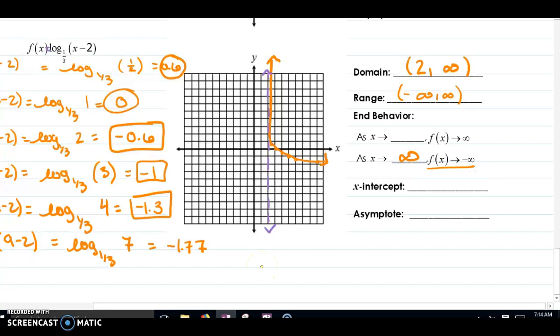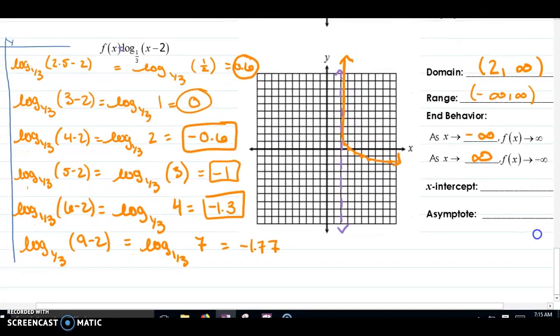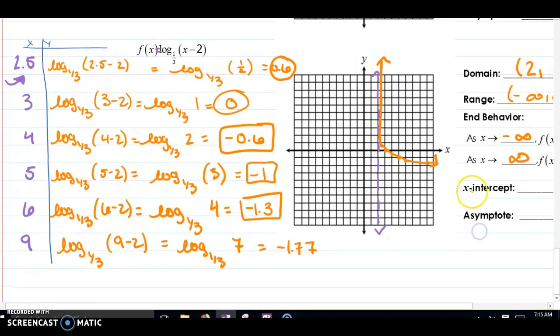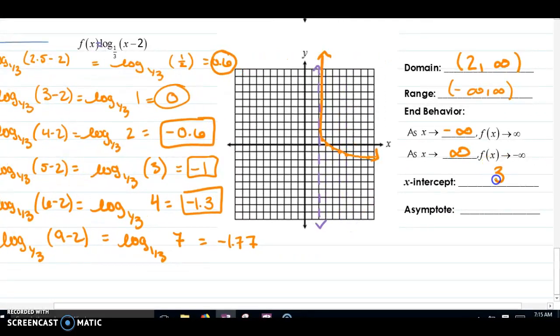So previously they gave you the x approaches one, now they're giving you the y approaches one. So as my graph goes down, x gets bigger. As my y values go up, x goes to negative infinity because we're going backwards. My x-intercept is when I plugged in 3. I got 0 when I plugged in 3. So that's my x-intercept. And the asymptote is now x equals